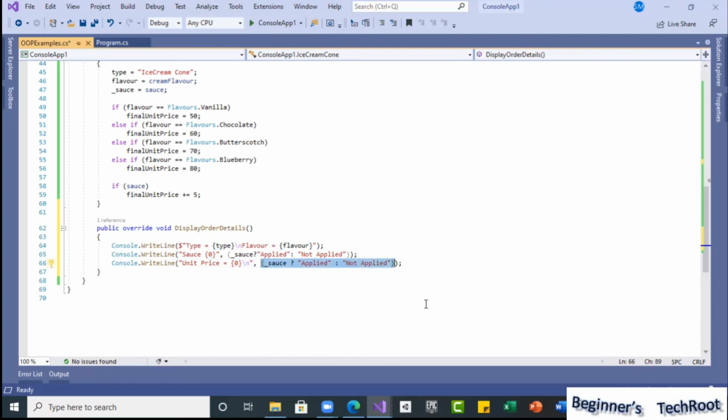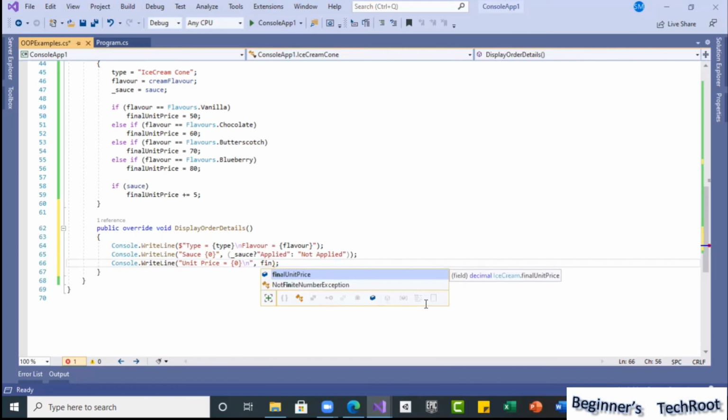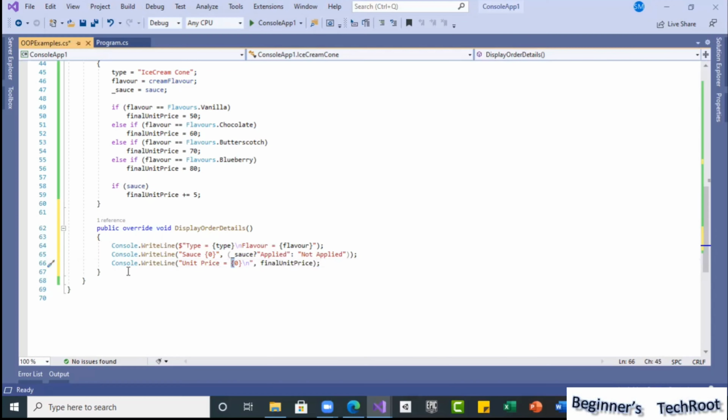Now I will remove this. You can use a dollar also, or you can use this way also, whichever it is. So the final unit price, whatever we calculated, I am going to print that here, unit price equal to. So now all the details are there. See, now this is fine. Now everything we have: what type the user selected, that type we are going to display in a new line, what flavor, that flavor we are going to display. Anyhow, this is in a separate line, so the source will be displayed whether source is applied or not. And then in a new line, unit price, whatever the unit price is based on the choices. All this is ready now.